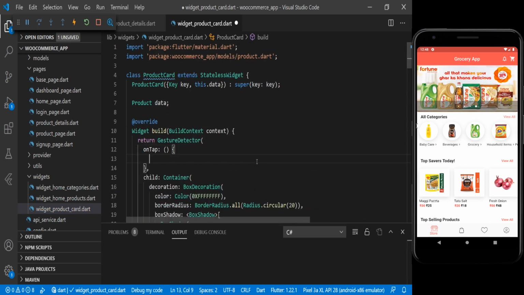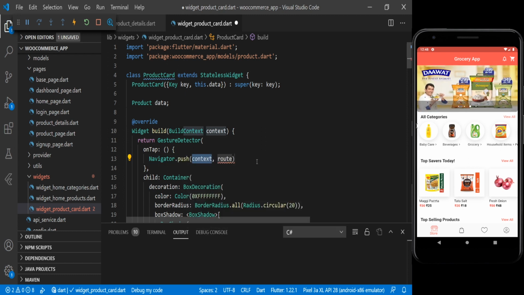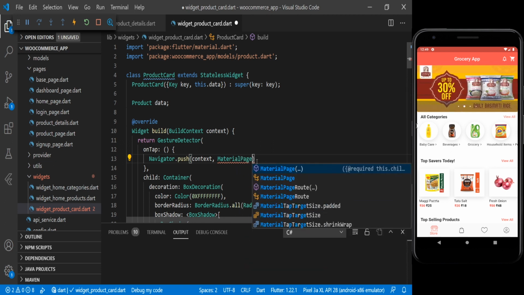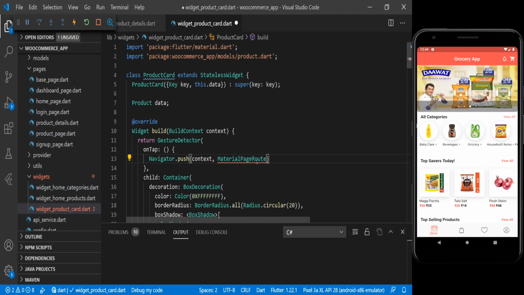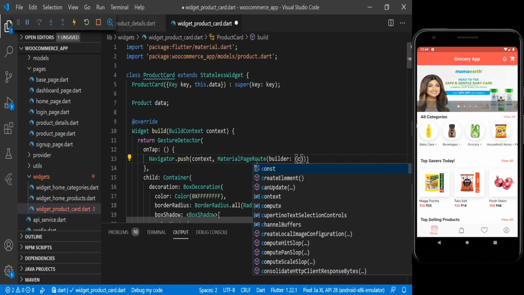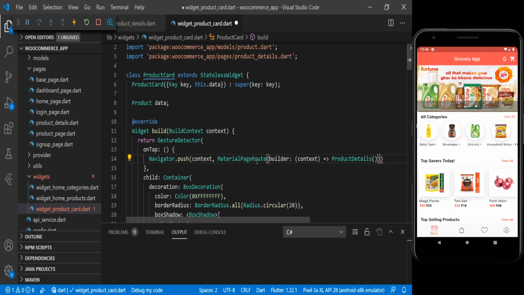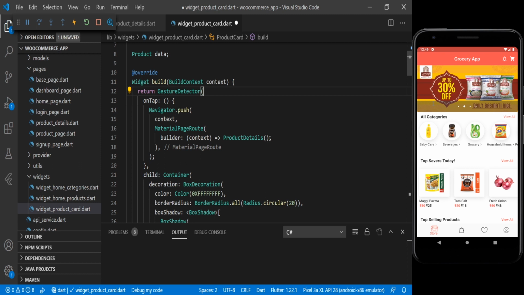Now here we will call Navigator.push, and here we will have context, and then we will have MaterialPageRoute, and here we will have builder. Inside builder we will have context, and here we will call the product detail page.